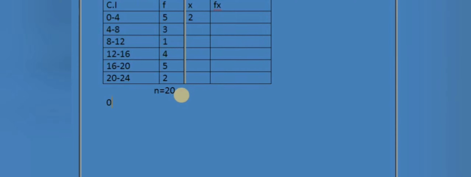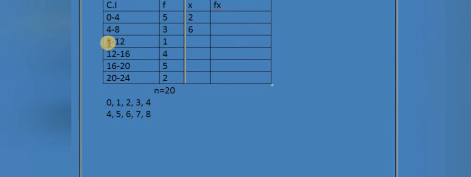In the 8th standard we already learnt about this. See, 2 is the midpoint of that class interval 0 to 4. How does it come to 2? By writing all the numbers from 0 to 4, 2 is the midpoint. See, 0, 1, 2, 3, 4. 2 is the midpoint. Like that, from 4 to 8, write all the numbers: 4, 5, 6, 7, 8. Which is the midpoint or middle number? 6. So here is the 6.